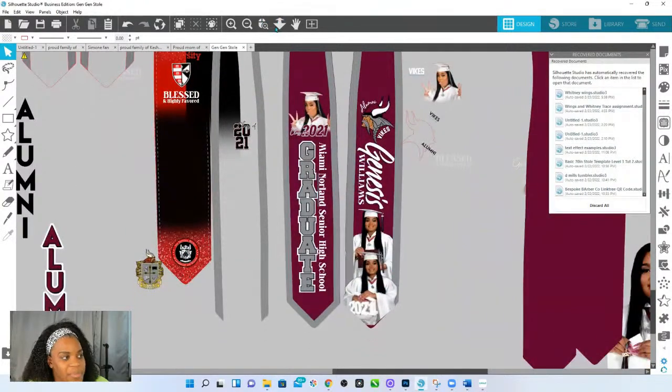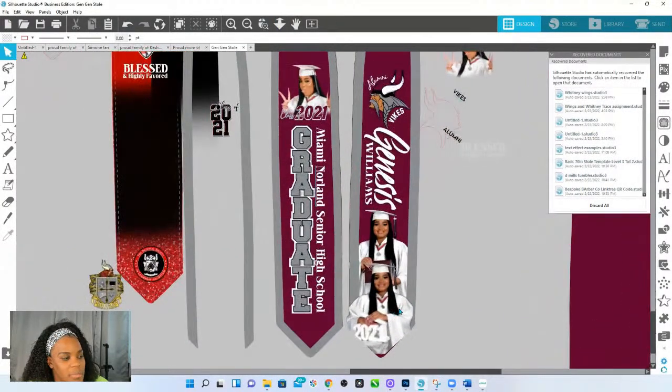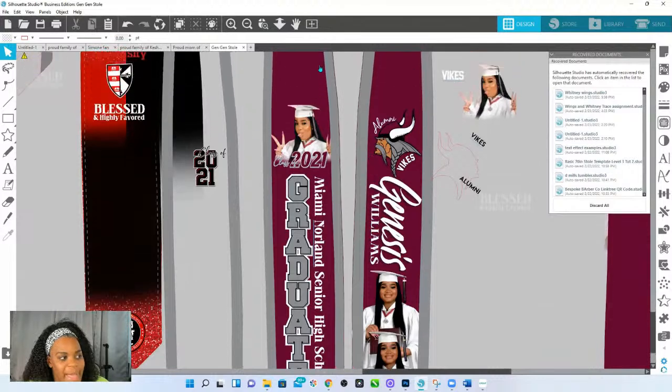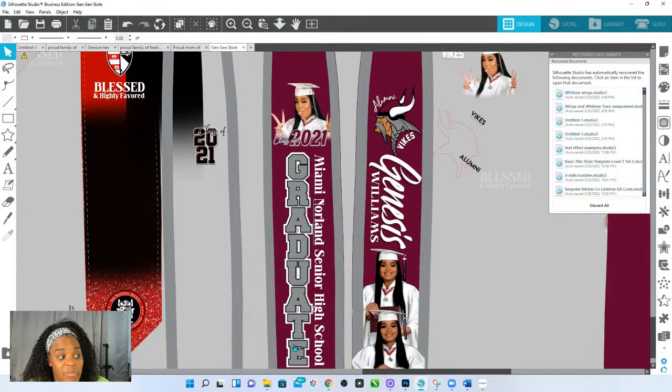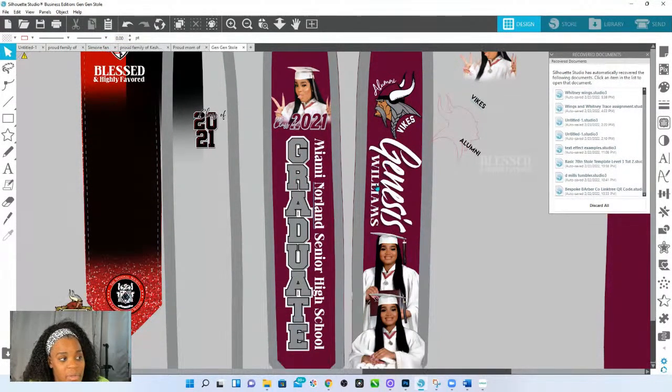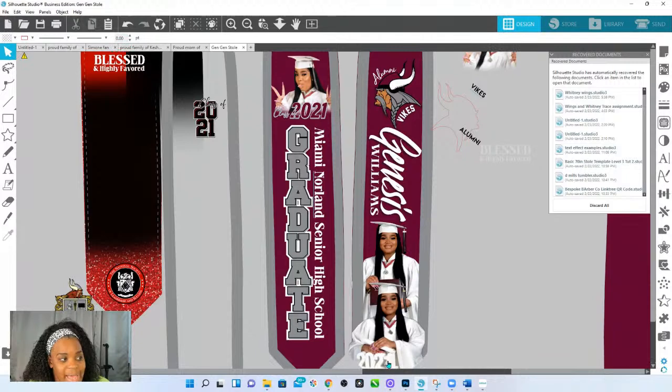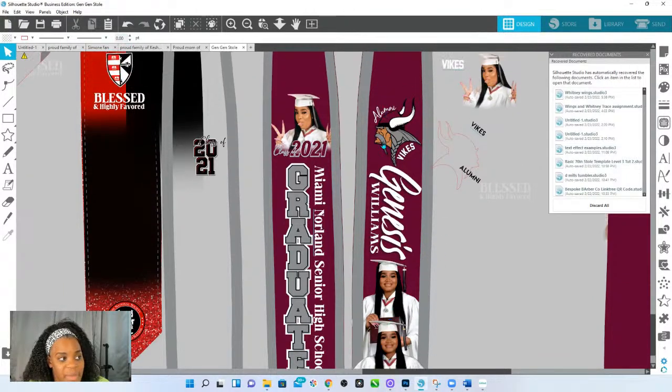So I did put no backgrounds, no splashes. It's just the solid colors. The same graduate I've been using for everything. Put her school name, put her name there. I stacked her two pictures, put the mascot, class of 2021, same class of 2020, class of, and the year that I've been using for 3 years. Put that at the top. Nothing fancy to it.